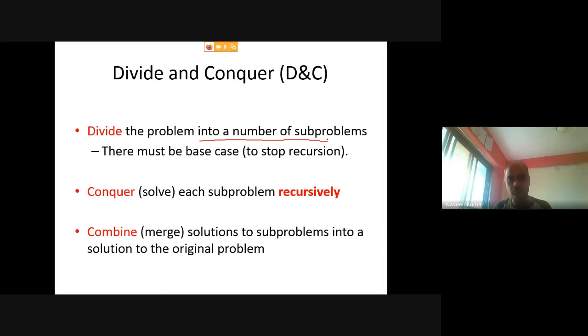It may be sorting, it may be searching. If it is searching, for example, if you divide that array into, let us say, 3 equal parts, then searching an element in one of those 3 parts will be easy. Searching a smaller array will take less time as compared to searching an element in a bigger array.